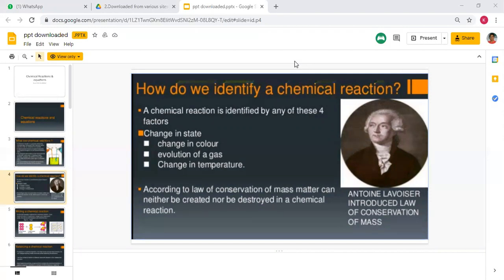Right. Then there is change in color. Obviously many times we have seen the color change, right? Whenever a chemical reaction occurs, the change occurs. We have seen lots of examples of that kind of reaction. Yes. Then evolution of gas. Yes. And change in temperature, right? They are all there. So clear on this one? Is everybody clear? Yes, sir. Very good, very good.